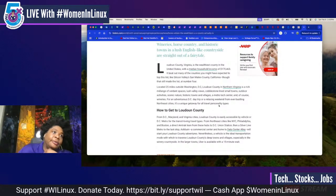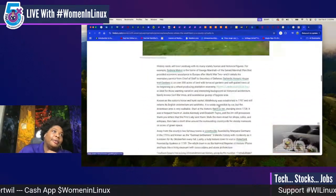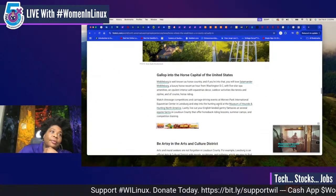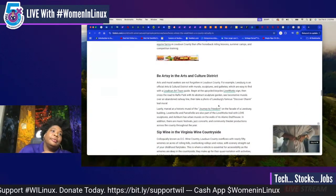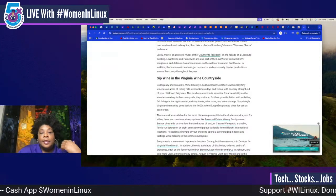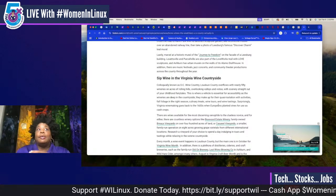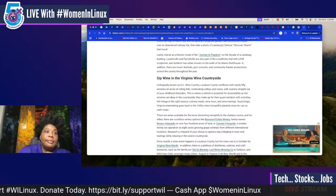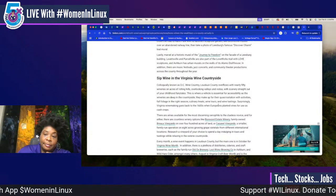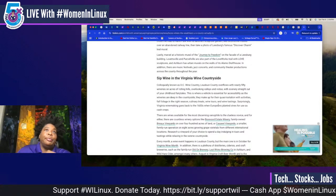How to get to Loudoun County? What does it look like in Loudoun County? Walkable historic towns, blah blah blah. Again, we're talking about Loudoun County. Horse capital, so forth and so on. Now, with that being said, there are a lot of data centers out in Loudoun County. There are a lot of people that work and live around those surrounding areas. We out there, we just not in abundance, but we out there. Some places you ain't gonna be able to really catch no bus and stuff too. Like